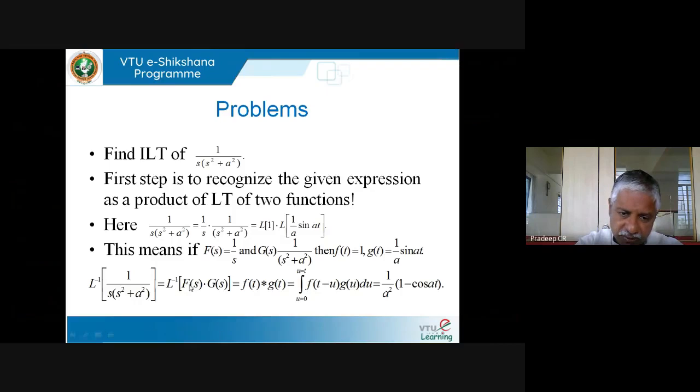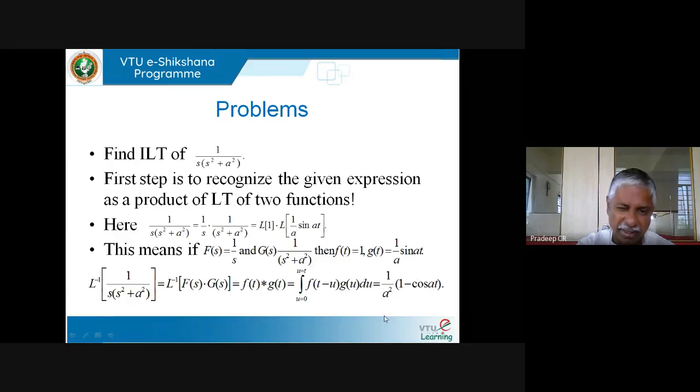So Laplace inverse of capital F into capital G is small f star small g. This by definition is the integral between u equals 0 to t of f of t minus u into g of u du. Anyway, f of t is a constant function, so I just get 1 here. And g of u means 1 by a sine au. If you integrate sine au between limits 0 and t, then you will get 1 minus cos at,